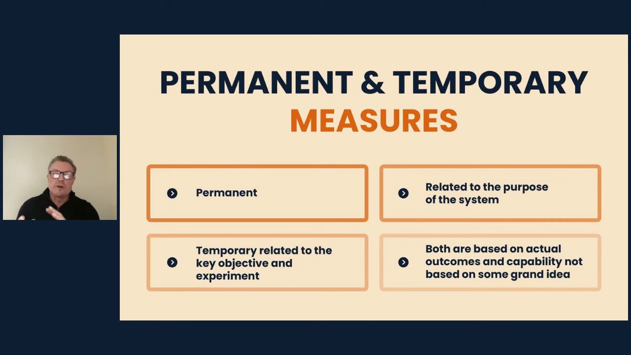So again, this notion of permanent and temporary measures. Permanent are measures that are in place all the time. You should still be using the right methods of looking at those measures, but they're related to the purpose of the system. Whereas your temporary measures are related to your key objective and your experiments, but both are based on actual outcomes and capability, not just some grand idea that says, hey, why don't we attempt to do another 20,